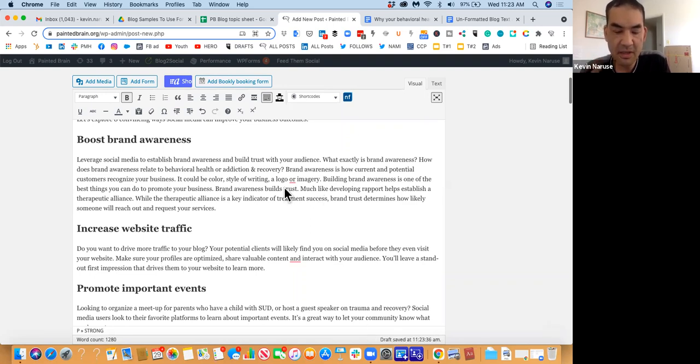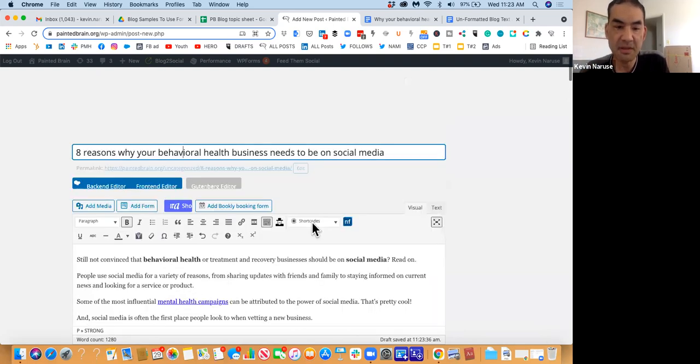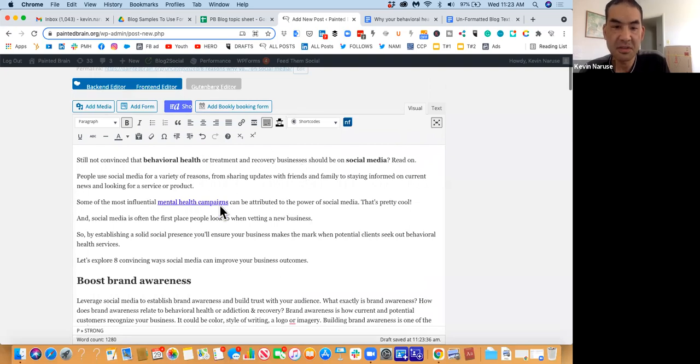Now, there are many ways to signal to Google that this is an important keyword, and one way is boldface. Another is to add additional stylizations, like underlining. That really points out to Google that if this is the only thing you're underlining near the top of the page, when it reads this, it's going to know that you are talking about a behavioral health agency. So they're looking at, like, B.D. Hirsch, Edelman, Alcott, us, Painted Brain, kind of broadly. And they see it at the very top.